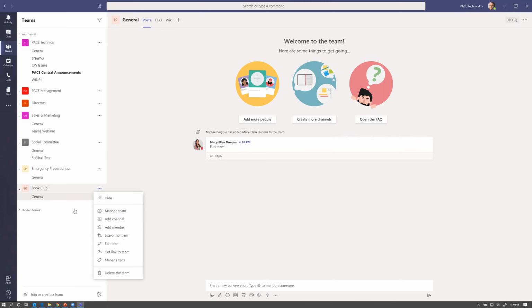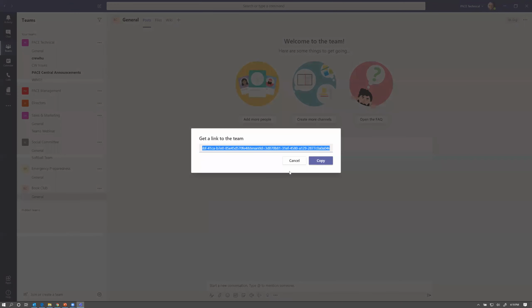So I can also invite members to this team. I could get a link to the team right here and copy this link, open up an email and send it out to whoever I wanted to. And that would give them a link to be able to join the team.